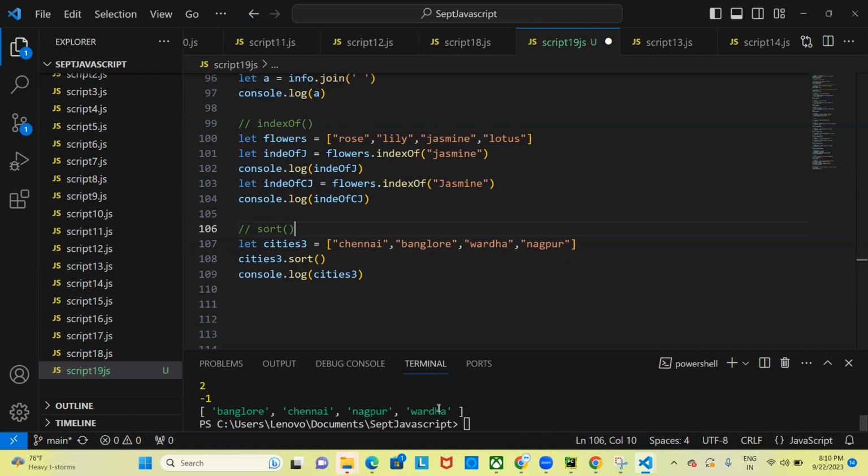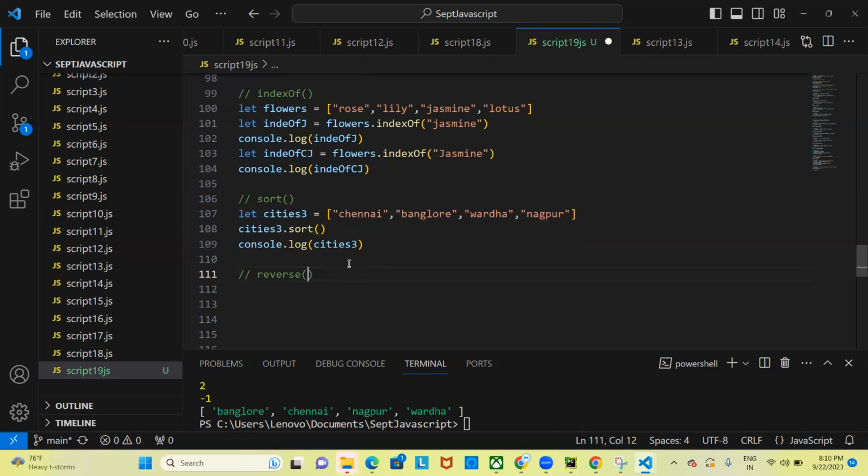But let's say you want to sort it in reverse order. So you sort it alphabetically first, and then there is a method, the reverse method. What is the use of this reverse method? This reverse method will reverse the array, all the elements of the array. Once we are already done with the sorting, then Vardha will come first, Nagpur next, Chennai next, and then Bangalore. So if I just reverse it, I will say